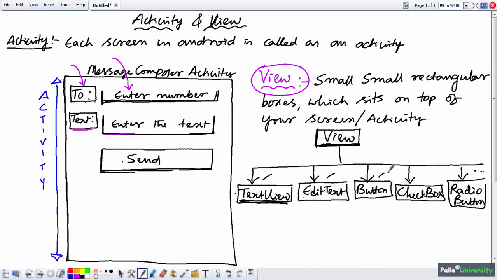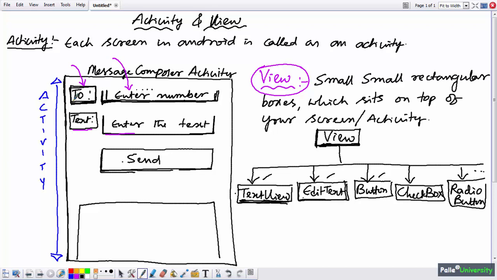Here, TextView is something like a label. Label means the user can only see the information, the user cannot modify it. For example, if you observe this 2, the user cannot modify this label. This will only convey information to the user. But here, if you observe this box, when the user taps a finger on this box, automatically a virtual keyboard will come up on your phone where the user can type the number. So this box is called EditText. TextView is a small rectangular box which will display information to the user and which is non-modifiable by the user.